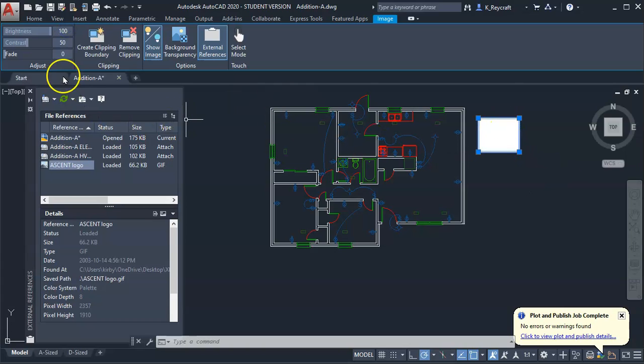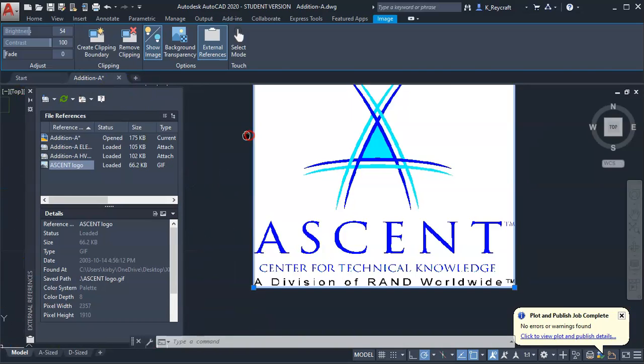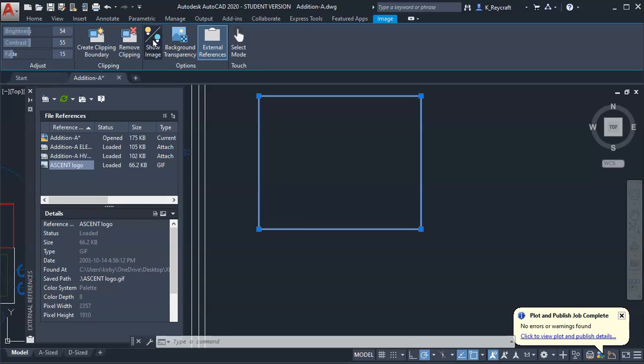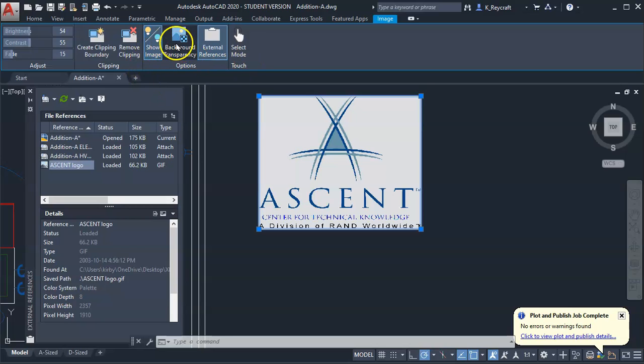Now it's way too bright. You can't even see the information that makes up the logo. Fade. So all these different options you could choose from. You could choose to not show the image, but the image is still there. You can see the boundary of it, or background, transparency,